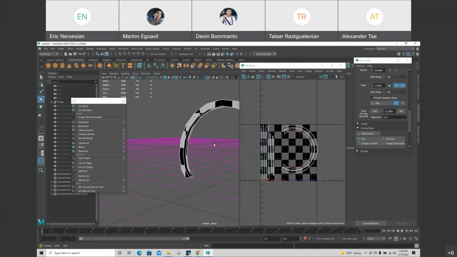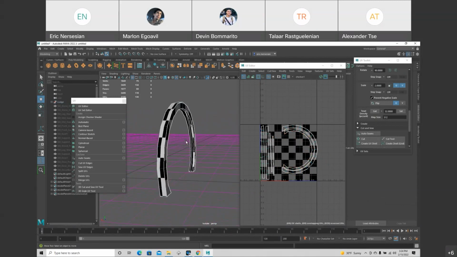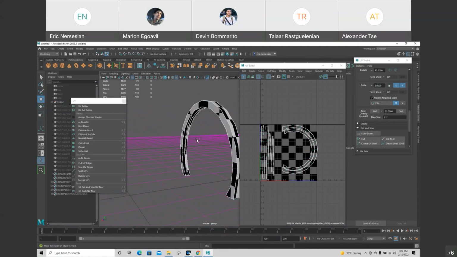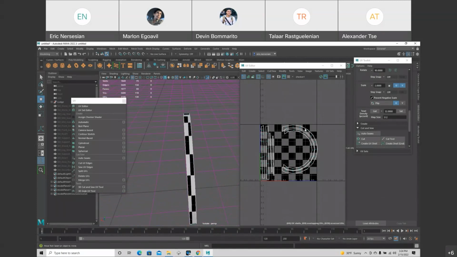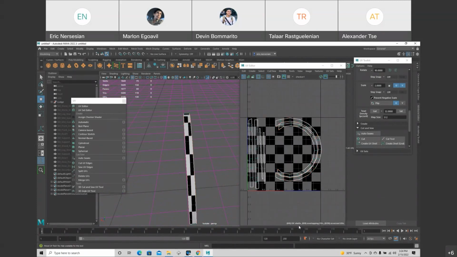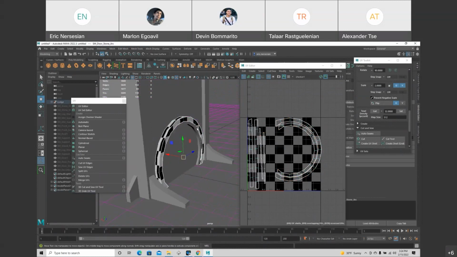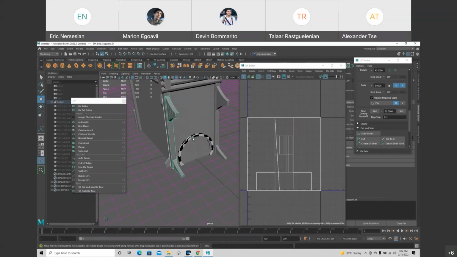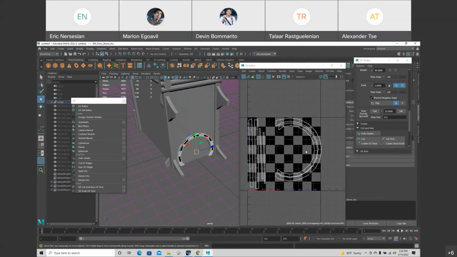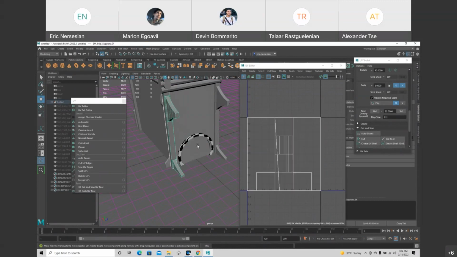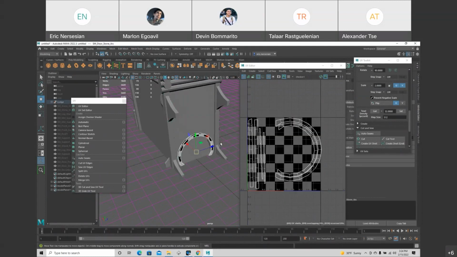Either you look at something from this side or from this side. You're not going to be able to see the back and the front at the same time. So if the texture on the back is a little bit smaller or bigger, you wouldn't see it at the same time as the front. To me, this saves the most space. But you see that there's a lot of empty space. So then I might want to put this thing in the same UV space as this. But this is just one part.